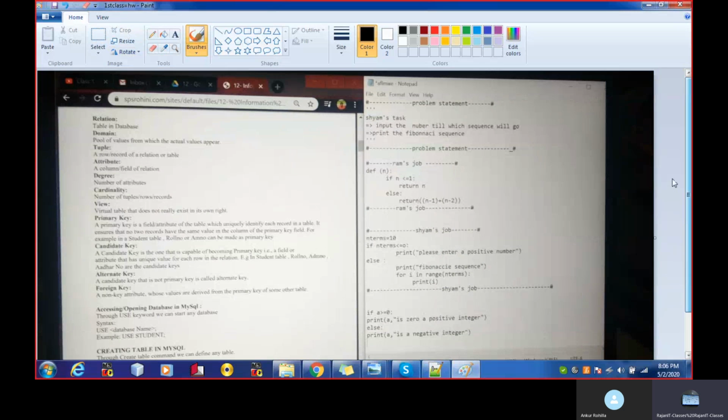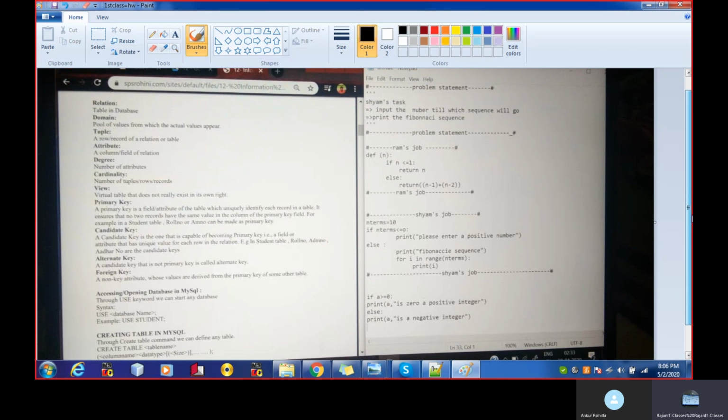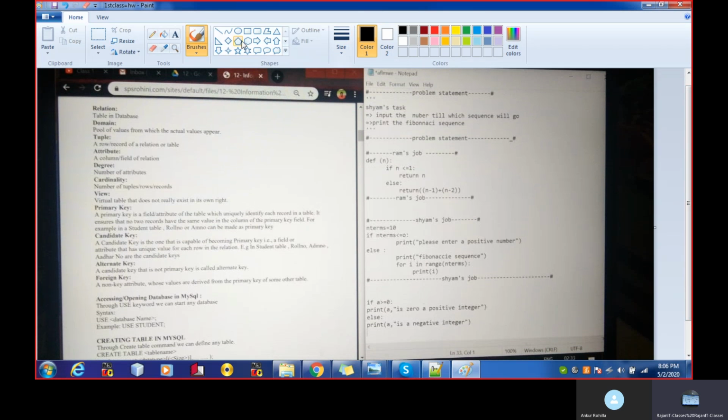Okay. Now I told you to build up the Fibonacci series, right? Just tell me about this part. I'm just highlighting the part, right? This part.